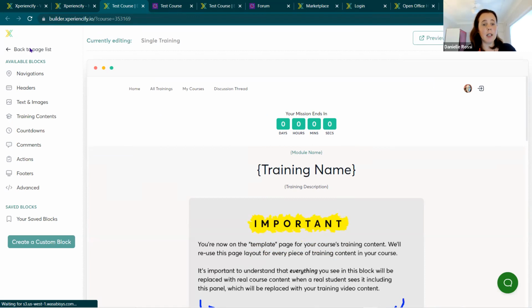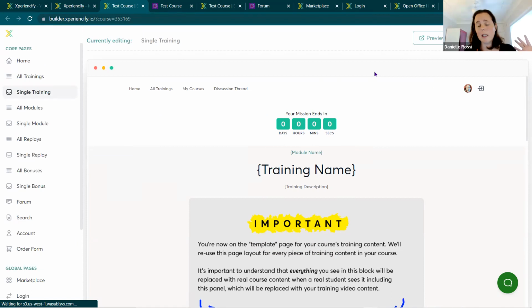So that is a way that everyone who's on launch plan, growth plan, enterprise plan, whatever, can replace a Facebook group by having either training-specific discussion threads, which have all of those capabilities of text, emojis, GIFs, adding links, files, images, videos, all of those sorts of things, or you can have a course-wide discussion thread and completely do away with the need for a Facebook group or some other third-party